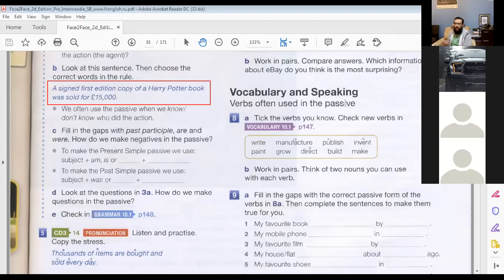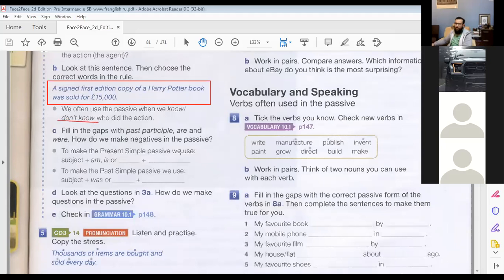Because in the news here, it doesn't matter who sold it or who bought it. What matters to us is that it was sold, done. Do you get the idea? So here, sometimes when who did the action is not important, we use passive. We just talk about the action. We don't care about who did the action. It's not important for us. Do you get the idea? We're interested in the action itself. So they do this a lot. If you don't know who did the action, you can use the passive. All right.